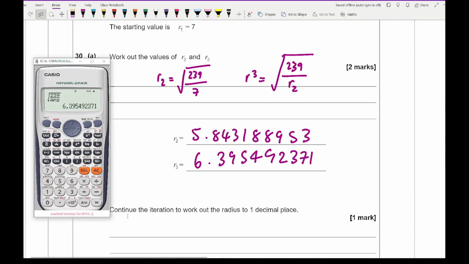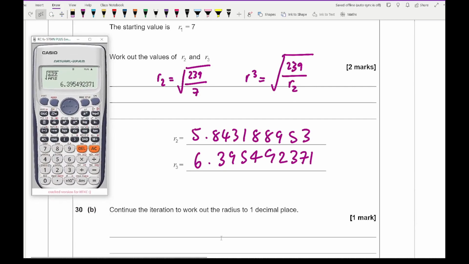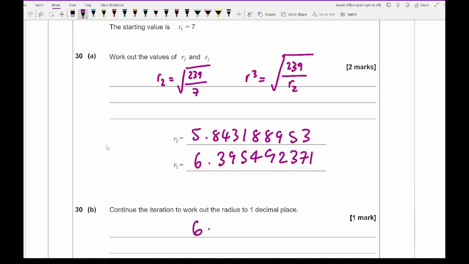Now, if I bring my calculator back to work out part B, which is the last question, it says continue the iteration to work out the radius to 1 decimal place. So what I'm looking for is, if I keep pressing equals, I want this answer to stabilize to 1 decimal place. I'm pressing equals to stop it moving, and you can see it does stop. So the final answer to 1 decimal place is going to be 6.2, and there is the end